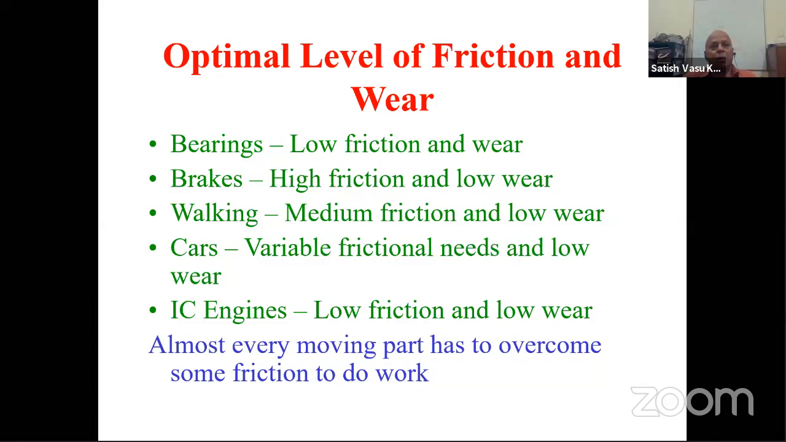So in one of the meetings that I attended, I said, pushing for lower and lower friction sounds nice, but it's hardly important. Because in any case, you might have a bearing that has got extremely low friction, extremely low wear. Maybe it will last you